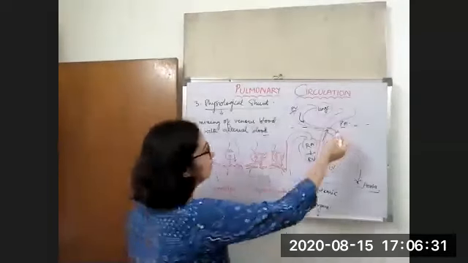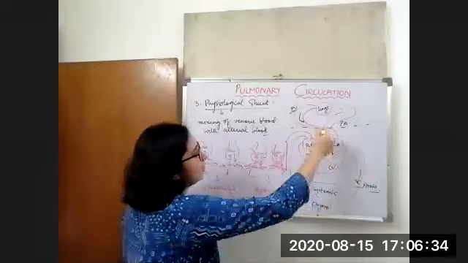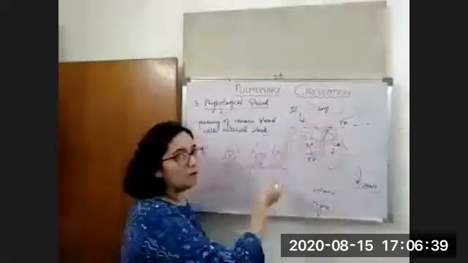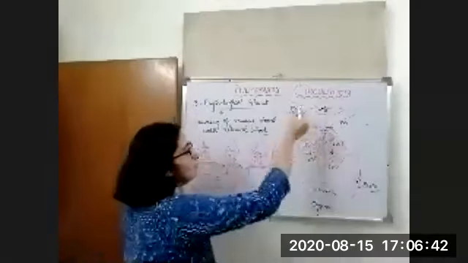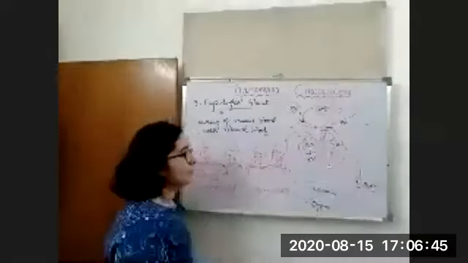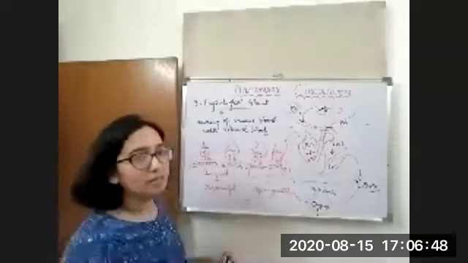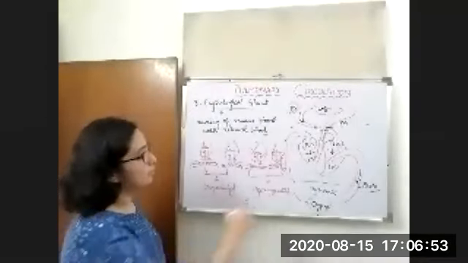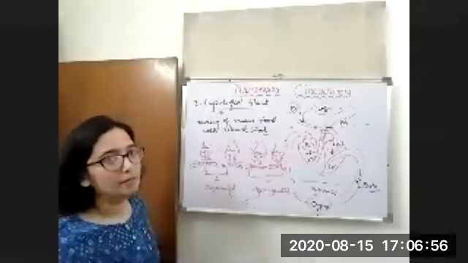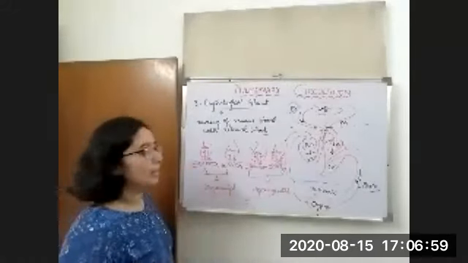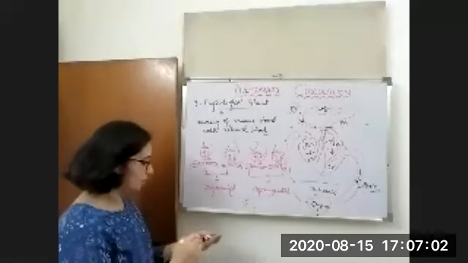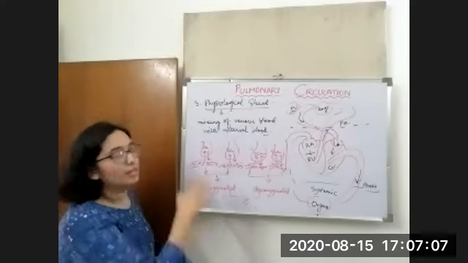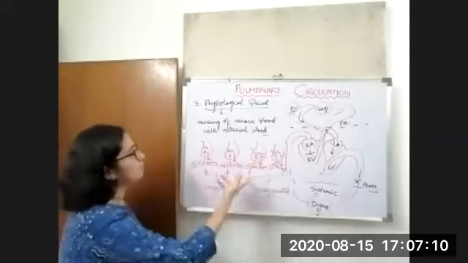So what will happen? The lungs do not oxygenate the blood properly. The pulmonary vessel will carry deoxygenated blood to the left atrium. Now what will happen there? There will be a mixing of arterial and venous blood, that is, oxygenated and deoxygenated blood. So it will go to the systemic circulation and it becomes a problem. So I hope you got some idea about what is physiological shunt. Now we'll see what is venous admixture, what are the causes, and what is the result of this physiological shunt.